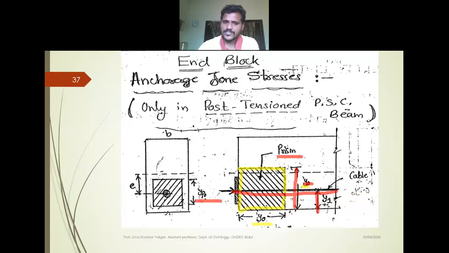See, this is different. This is the plate which is attached outside the anchorage plate, and its depth is represented by Y P naught. Whereas this is the end block, where a high amount of stress is generated. Because of that reason, here we are calculating the reinforcement for the prism. This depth is Y naught.